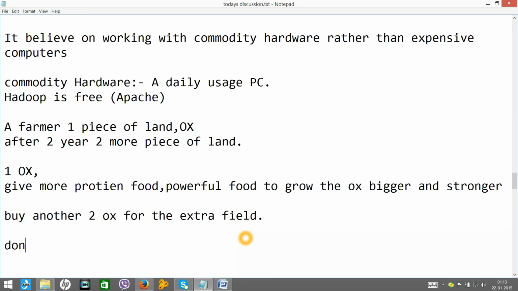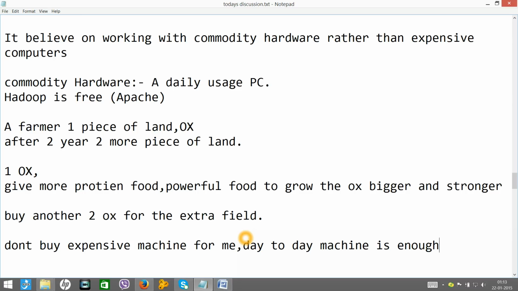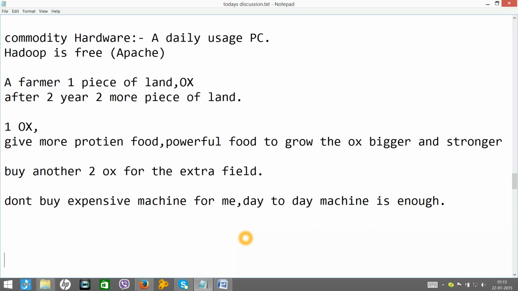Hadoop says, don't buy an expensive hard disk for me, an expensive machine for me, a day-to-day machine is enough. But there may be a problem with this day-to-day machine. When you are dealing with a huge volume of data, when you are processing a huge volume of data, a few systems may fail, a few systems may crash, a few systems may go down, right?